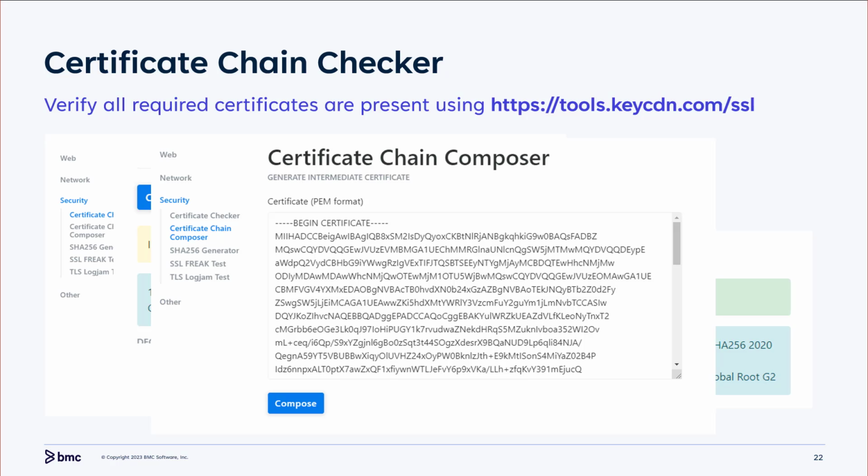The other useful tool that it's got is the certificate chain composer. So if, for example, your organization has bought a certificate from a commercial CA and they're using that as an intermediate to generate further certificates, you're going to have a chain there. If you're missing the root CA, which is easy enough to do if maybe the certificate authority has only provided you with the certificate and the intermediate, perhaps because they assume you've got the root,